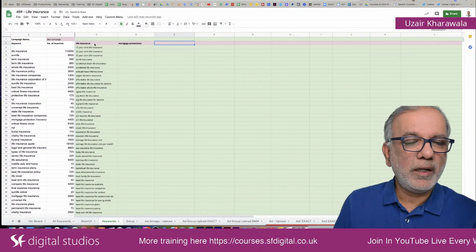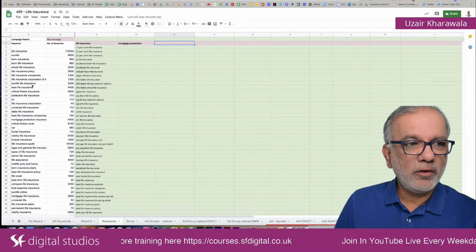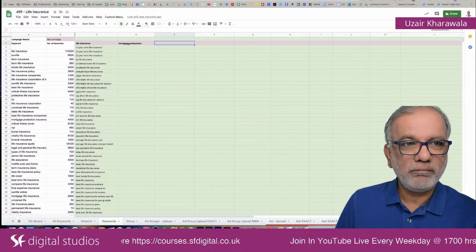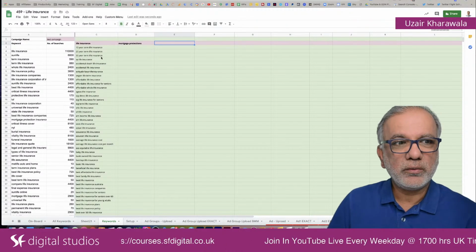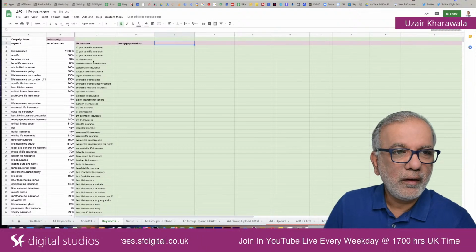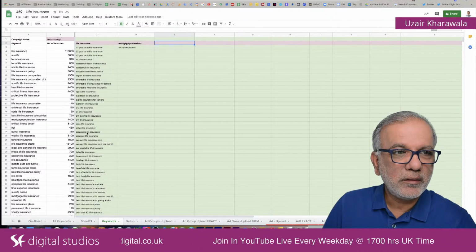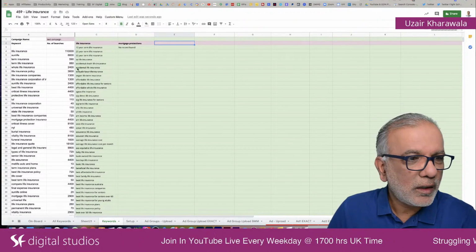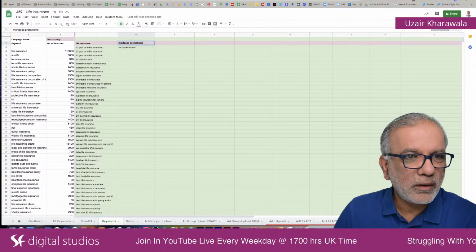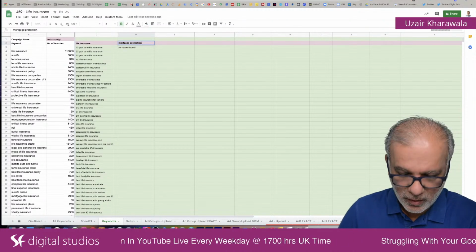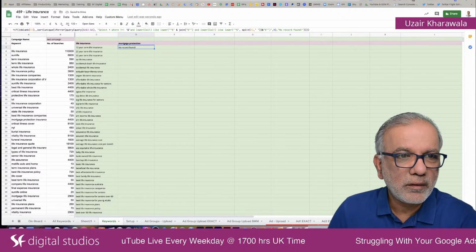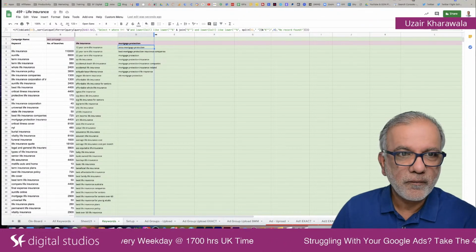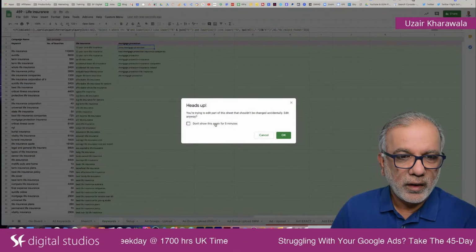Now when you enter any of these keywords from here onto this pink row, the Google Sheet is going to scan column A and put in all the keywords which have got life insurance. Now, why isn't that doing? I think I know why. I put in protections, so this should work. That's right. Okay,